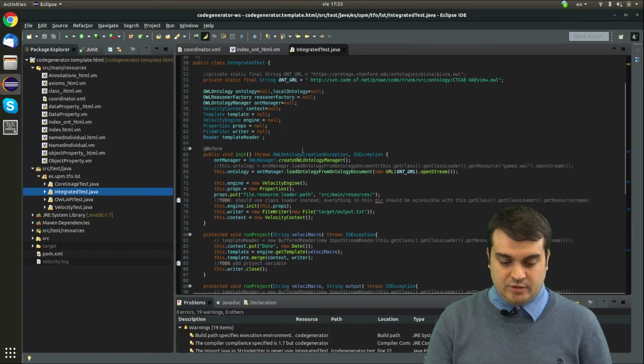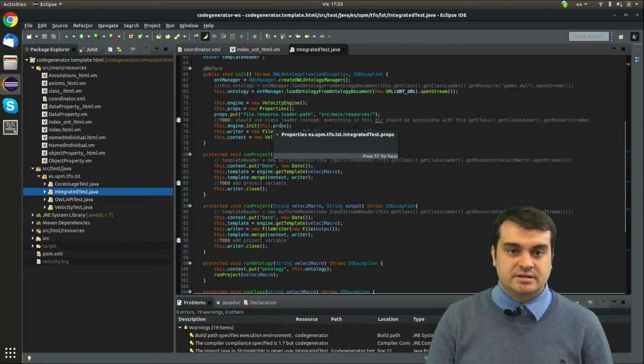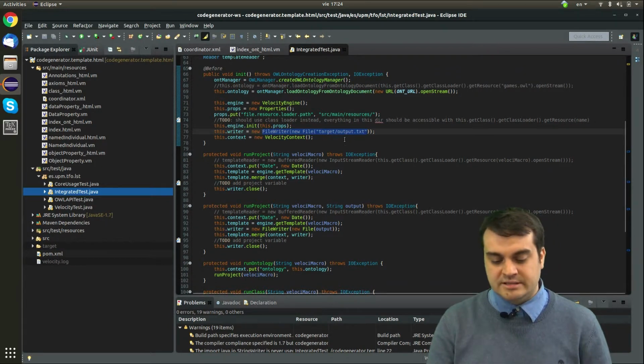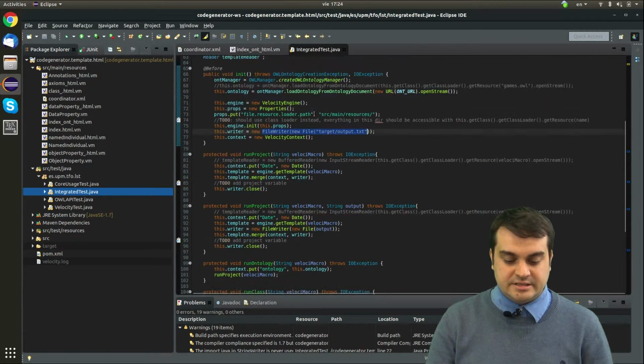So all these are just convenience methods, loading the ontology, loading certain classes and certain variables, default variables, setting up where the output will be so you can check it later, and